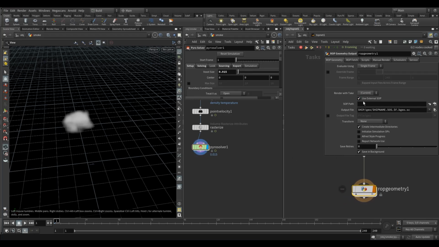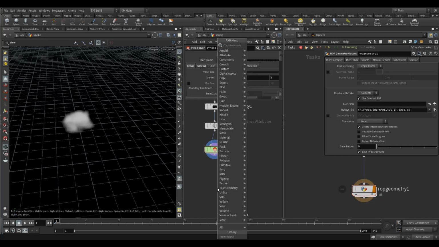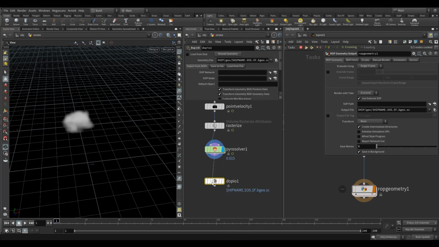Our simulations. So this is after a SOP path, and that SOP path will need to be some kind of file cache node. So it could be a file cache, could be a ROP geometry, you know, a caching node in SOPs, basically, right? So I'm going to use the .io because we need to bring in those volumes. So, you know, we do have the volumes coming out here, but we need this node to be able to